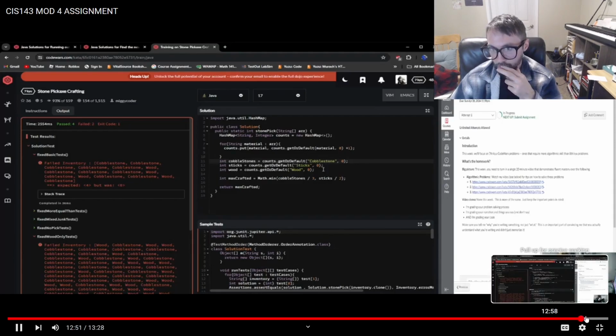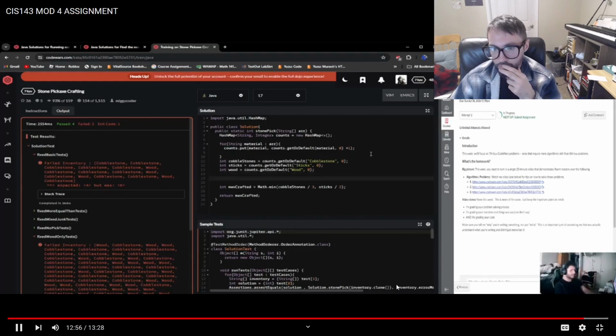Oh, I never calculated the total number of sticks when I converted it. So sticks is to wood times 4. Nice. Okay, good catch. Yeah, I totally forgot about that. Yes, sticks gets or wood turns into additional sticks. Okay, so wood was basically